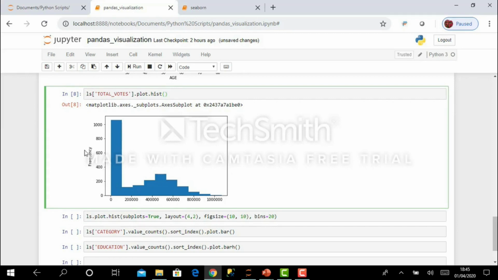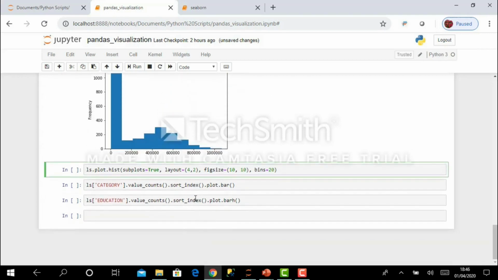Here I did not give any parameter, simply the hist method was called. In the next statement I am giving some parameters in the hist method. Here subplots equal to true. We have already discussed subplots in matplotlib.